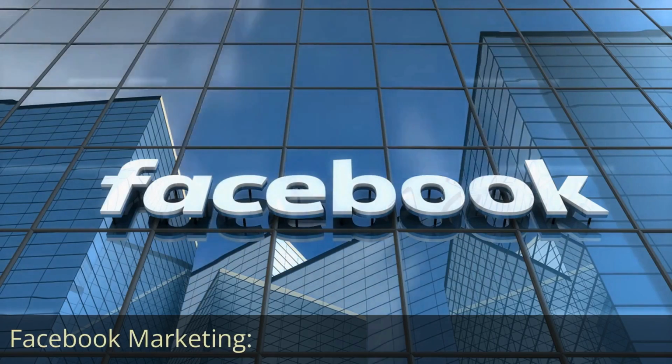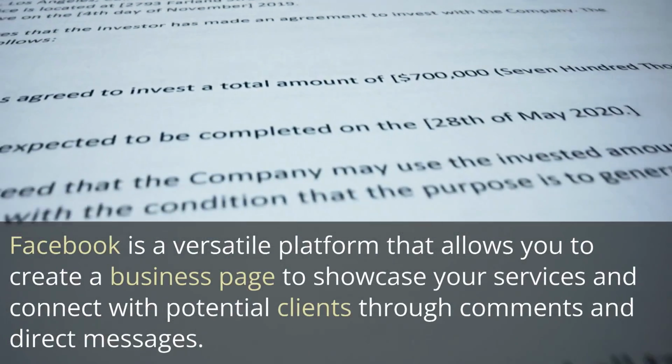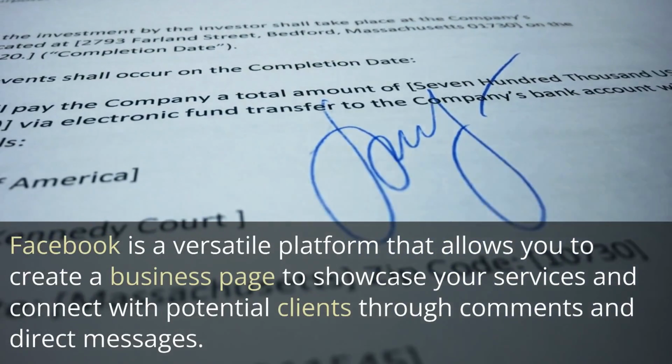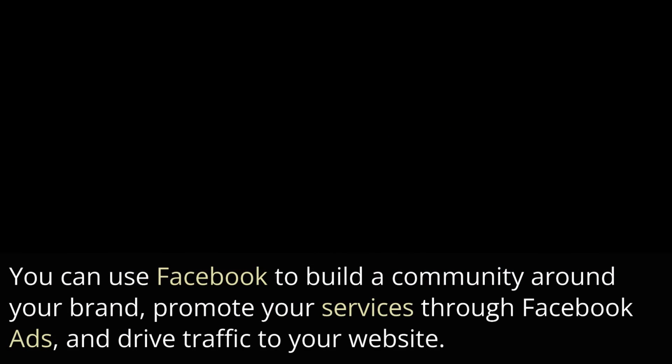Facebook marketing. Facebook is a versatile platform that allows you to create a business page to showcase your services and connect with potential clients through comments and direct messages. You can use Facebook to build a community around your brand, promote your services through Facebook ads, and drive traffic